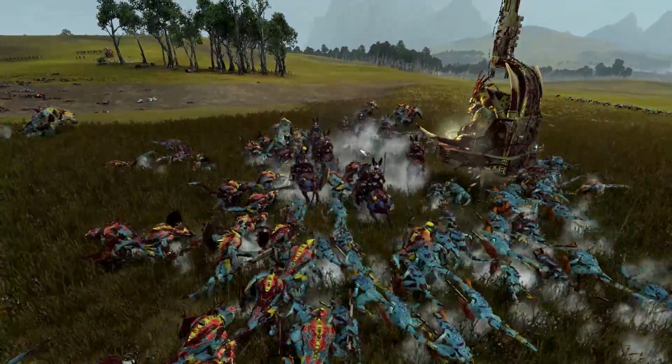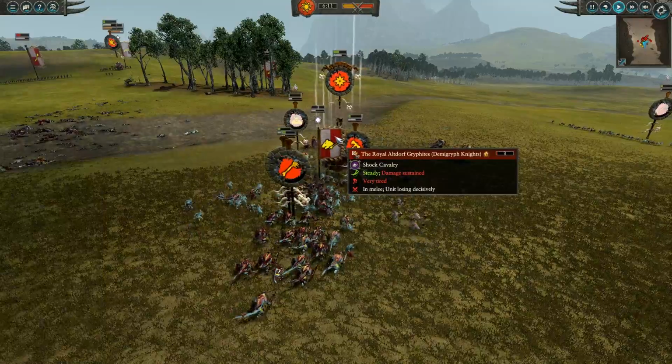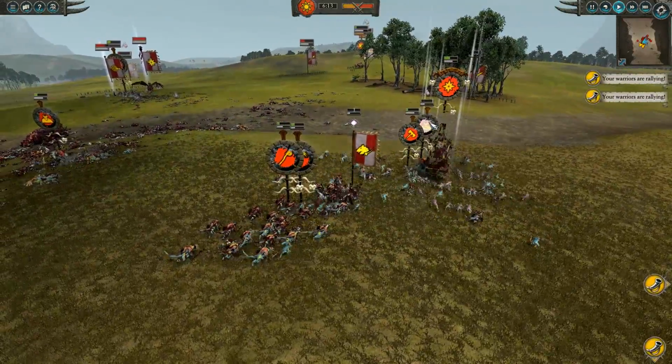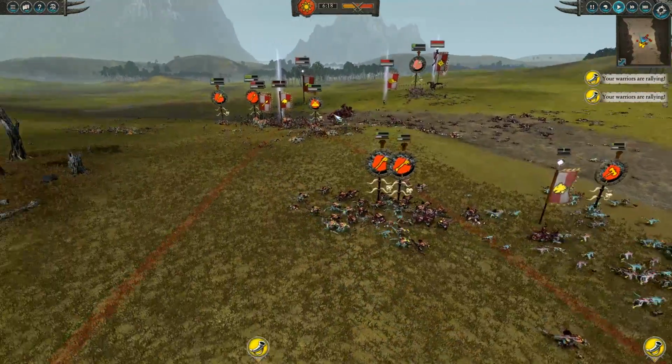The Banana Salon is dropping some magic of his own, and with that you can see the Royal Outdwarf Fights are steady, actually. I'm surprised they're steady. I mean, they have like 500 HP, and they're in a really bad situation. They're actually able to terror out some of my Croxagors. No, they don't. They actually just break them off, but hopefully we can break these guys and try and re-rally